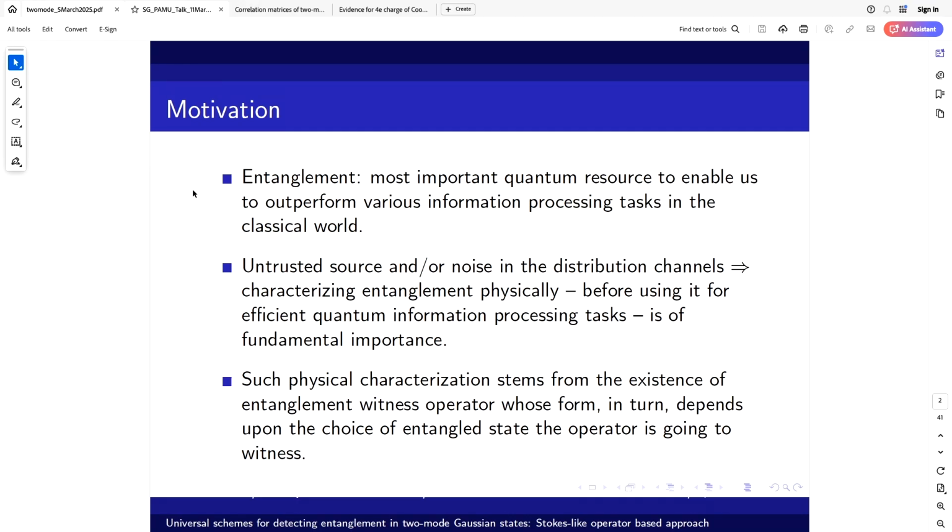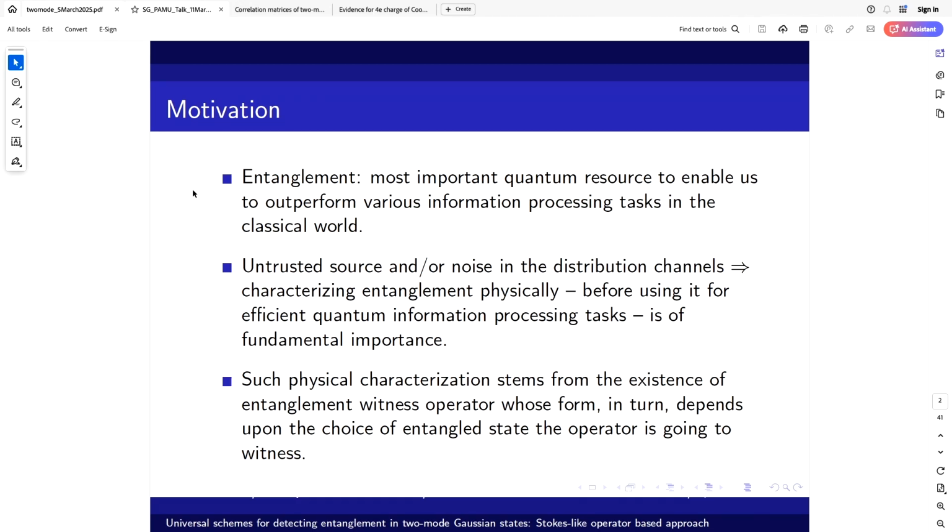Right. And we know for finite dimensional systems, if I know the entangled state, then there are ways to detect its entanglement using entanglement witnesses and all that, but you need to know the state, you need to have information about the state. So, what we want here is we only want the information that the two mode state is Gaussian, nothing more, nothing less. So, given that information, can we figure out whether the state is entangled or not? Okay. So, that is the question, and therefore,